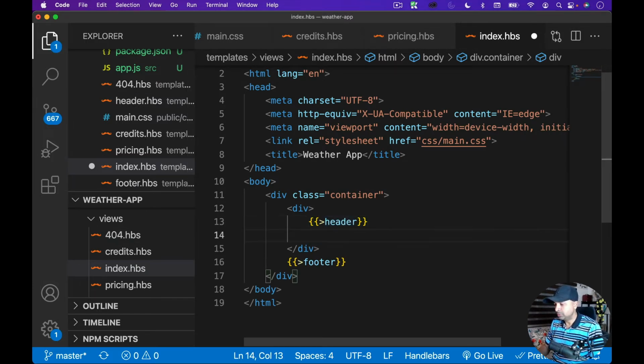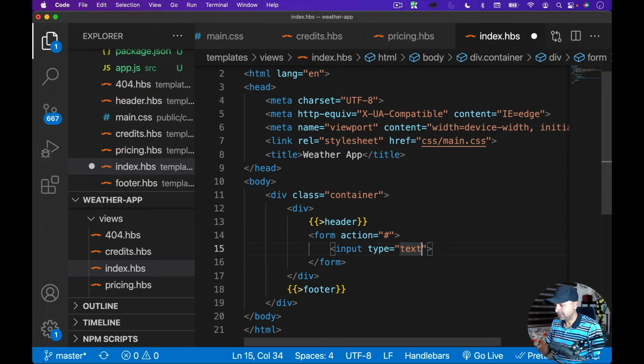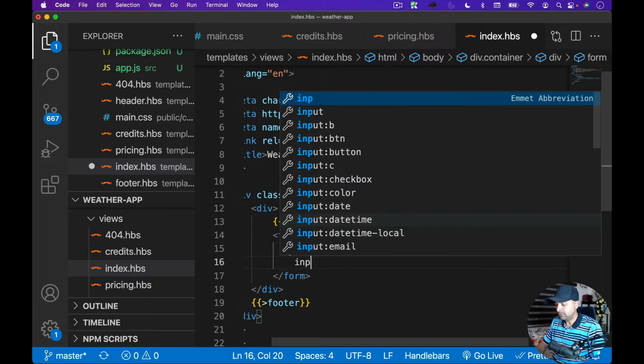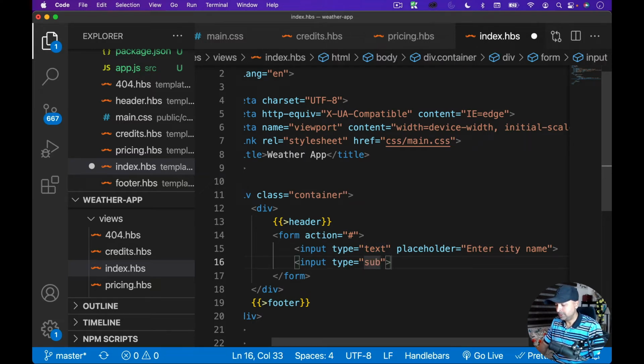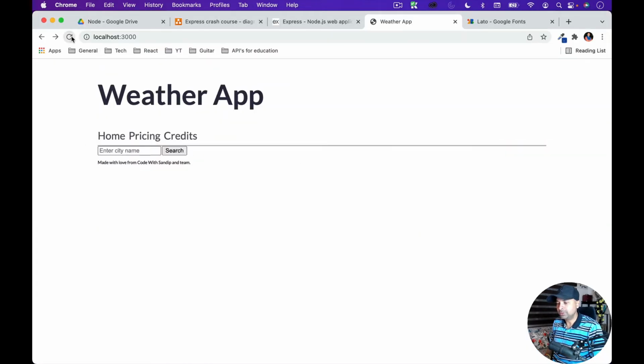So I'll just go below my header and I'll create a form, and the action will be nothing for now. Inside that form, I'm going to have an input, type text. I'm going to put some placeholder, enter city name. I'm going to have one more input. Type would be submit, and value would be search. Okay, so now if I save and if I go back and refresh my home page, see that we got